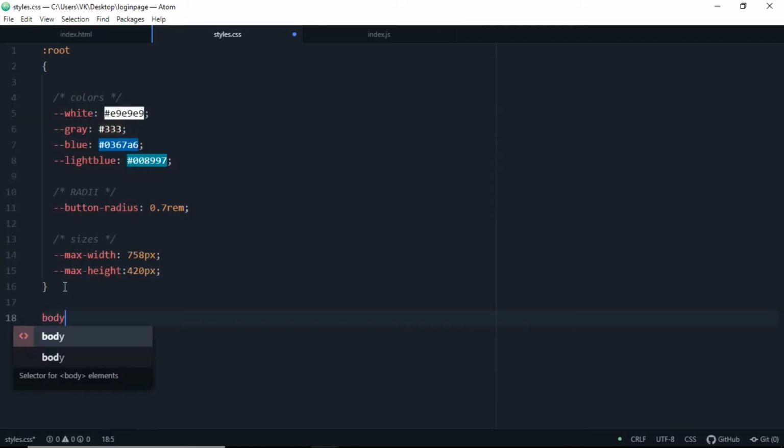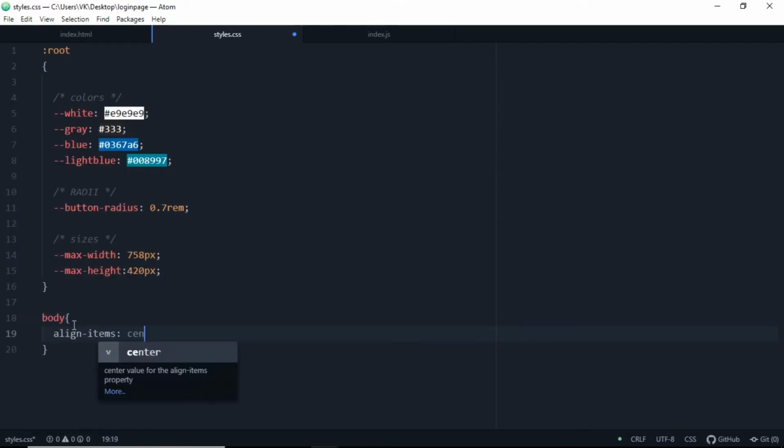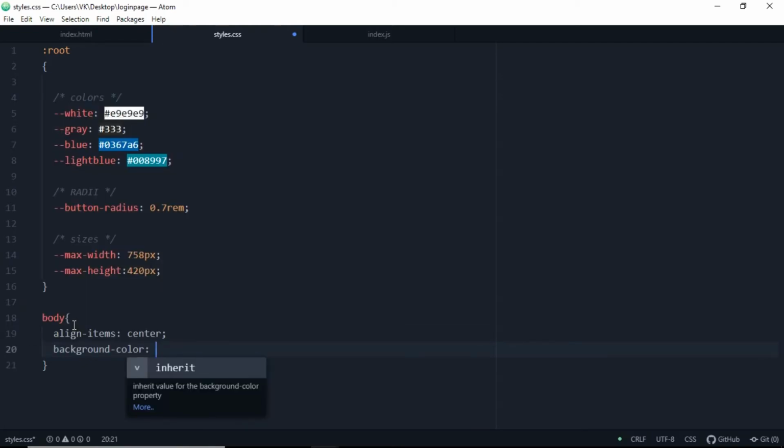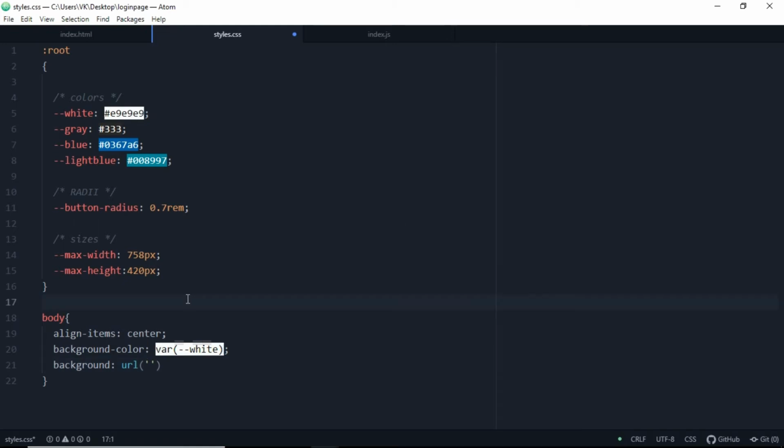Okay, so let's go into our body tag and add a curly brace here. For background color, let's keep it variable, which means we are going to use the custom colors with the help of those variables, and the variable name will be white. For background, we can keep it URL and add a bracket. I have already copied all those links from the internet and pasted them in a notepad, and I also wrote all this code earlier, so I'm just going to paste it inside and hit enter.